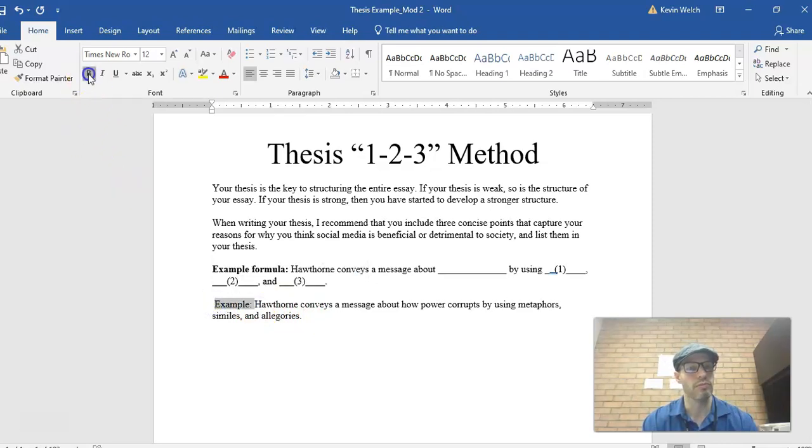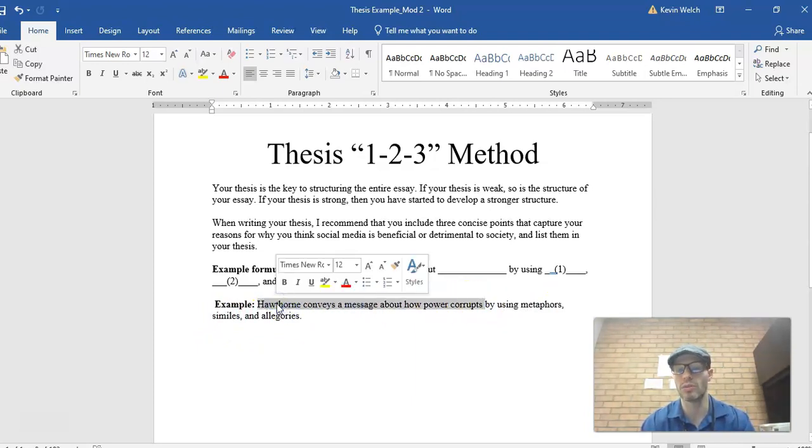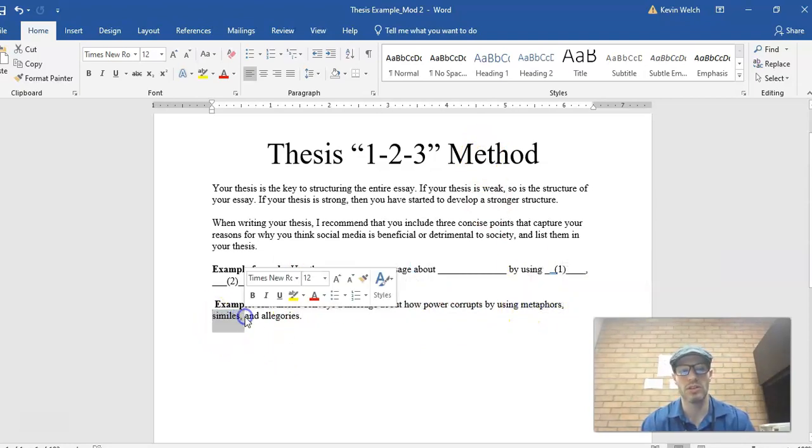This should be bold. There we go. Hawthorne conveys a message about how power corrupts, and then by using, and now it's going to list the 3 ways that he demonstrated that with elements: by using metaphors, similes, and allegories. So I've got the claim: Hawthorne conveys a message about how power corrupts, and then I've got my 3 literary elements by using metaphors, similes,